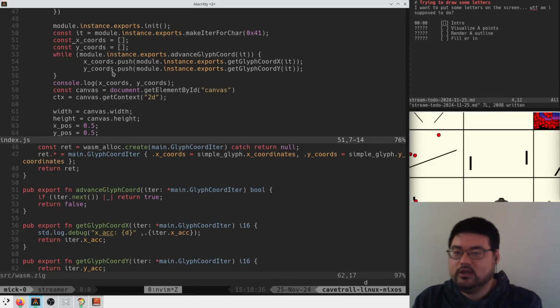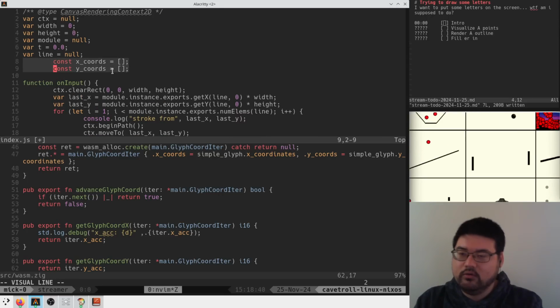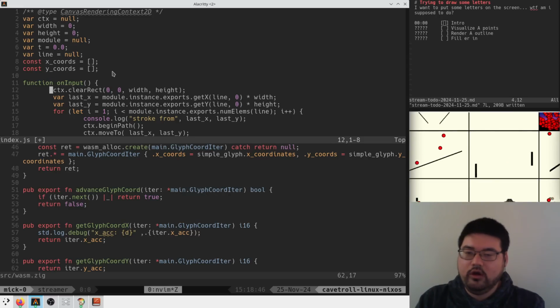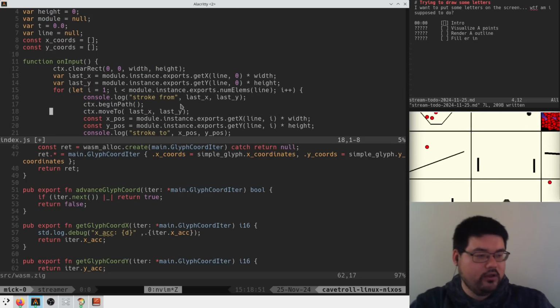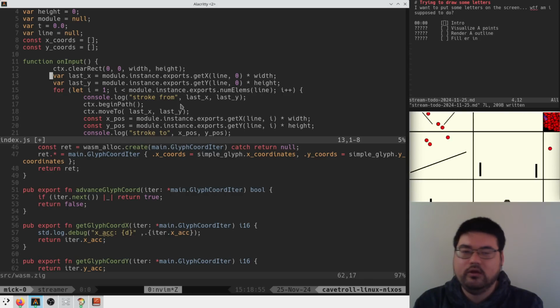So let's actually move these up here, right? And we'll make it so that on draw we're going to normalize these things to the width and height probably. Right? So here we're gonna like,